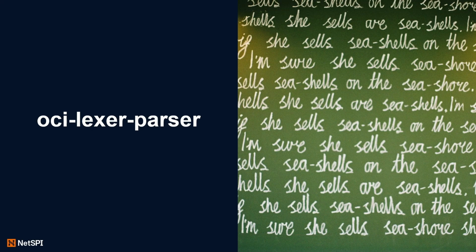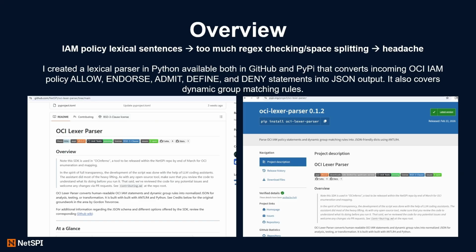Like there is no convert-to-JSON native way. And so if you think about all the different statement types and all the different rules and all the different structures and all the different ways you can structure each individual resource, it gets pretty tough to parse it. That's basically where I ended up: I was trying to use the SDK tool to really analyze IAM policies at scale, and as you dive into it, it gets really frustrating and kind of devolves into trying to parse blank spaces or syntax.